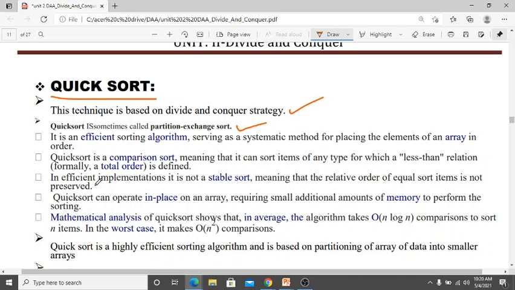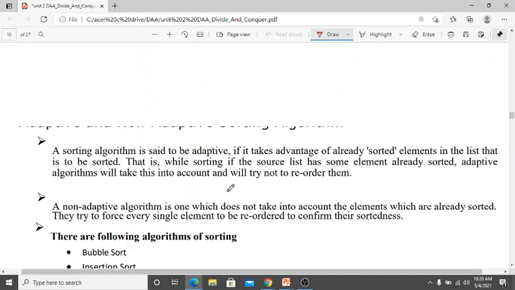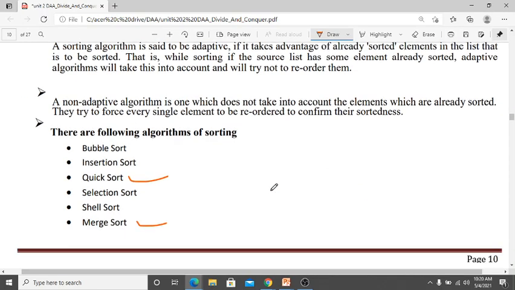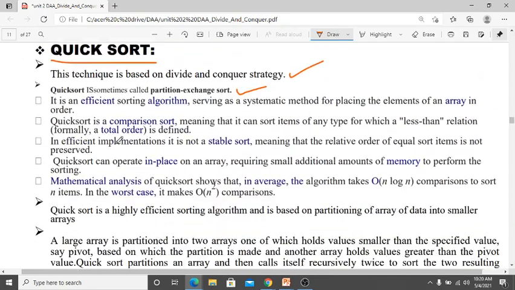In efficient implementations, it is not a stable sort, as we saw in the table here. Quick sort is not stable. Not a stable sort means that the relative order of equal sort items is not preserved.